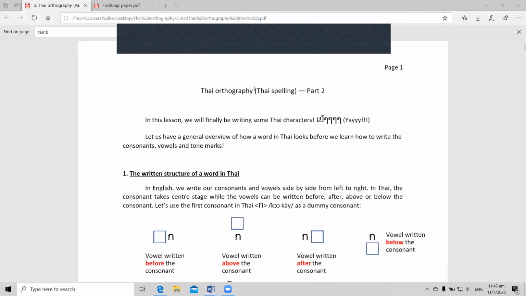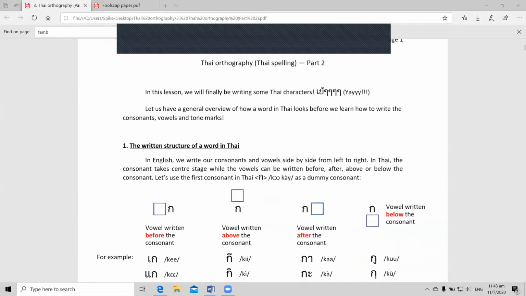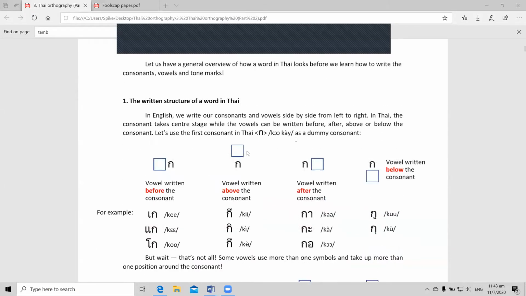So this is Thai orthography part 2, lecture 3. So we'll finally be learning how to write Thai characters. So let us have some overview of how a word in Thai looks. In English, we write consonants and vowels side by side from left to right, right? But in Thai, the consonant takes center stage while the vowels are written around it. So the vowel can be written to the left of the consonant, above the consonant, after the consonant, or below